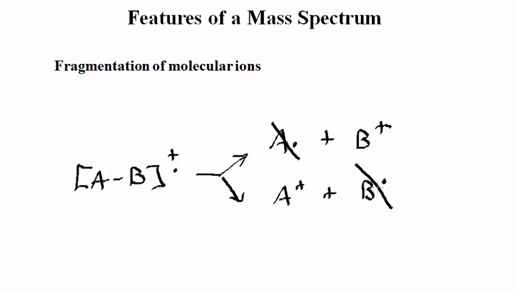The molecular ions for some compounds have a sufficiently long lifetime in the analyzing chamber such that they are observed in the spectrum, particularly as the base or the most intense peak. This is what I was mentioning before, that the most stable fragments make up the base peak of your spectrum. The fragmentation pattern that you see and the relative abundances of the ions are unique for each compound under a given set of ionization conditions, and they're characteristic of that compound. And so the fragmentation pattern gives you valuable information about